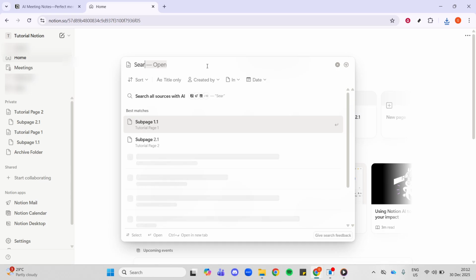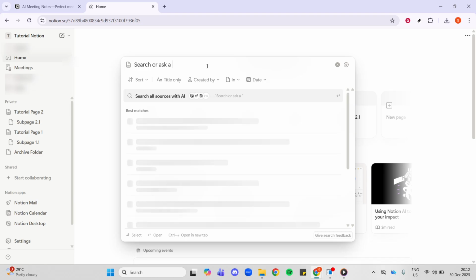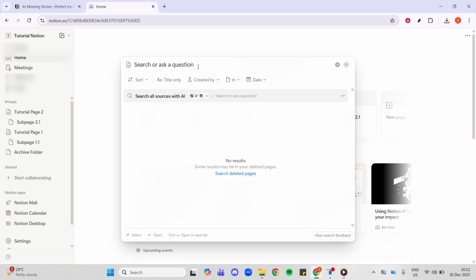If you know your page title, type it directly. If you're looking for a concept or a phrase that appears inside a page, just type a few distinctive words. The more specific your keywords, the better your results. You'll often see the most relevant and recently opened pages rise to the top, which makes it great for jumping